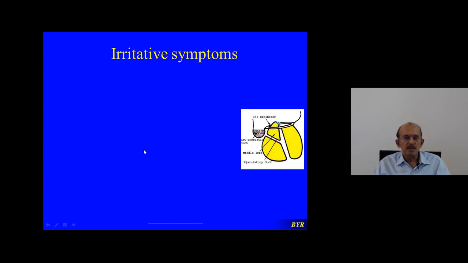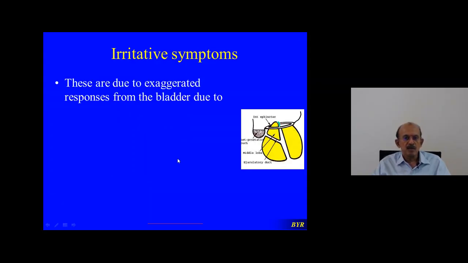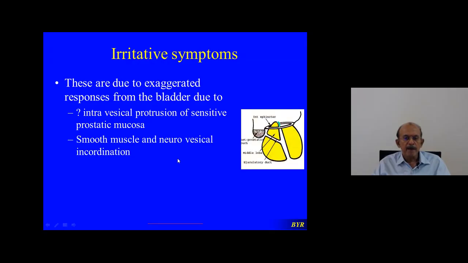Because of this, there will be hypersensitive micturition reflex. So these are due to exaggerated responses from the bladder due to this intravesical protrusion of sensitive prostatic mucosa and due to smooth muscle and neurovesical incoordination. Smooth muscle becomes hypertrophic and hypersensitive. So all these things, they produce